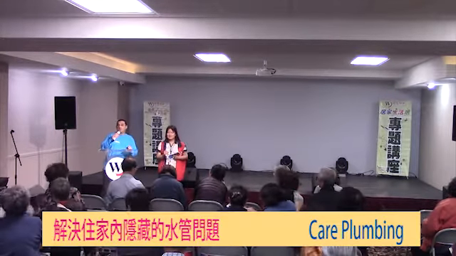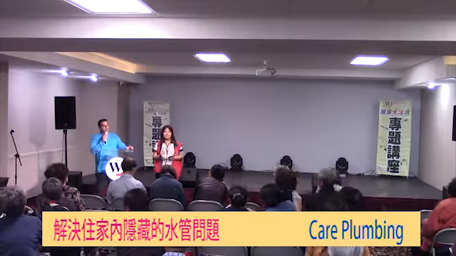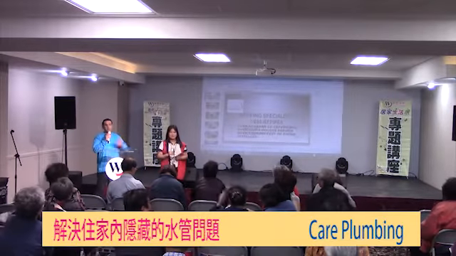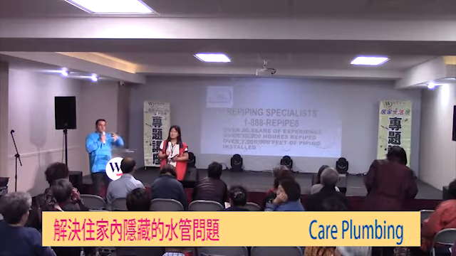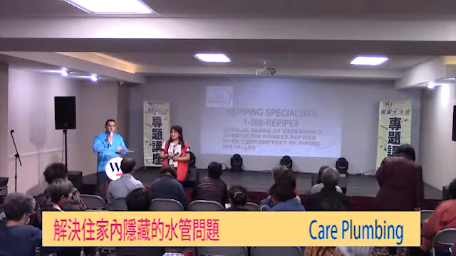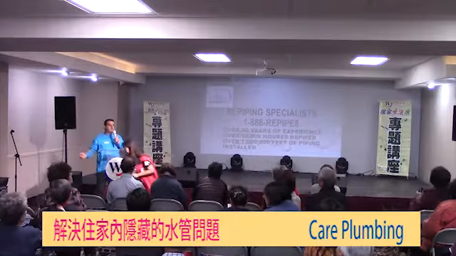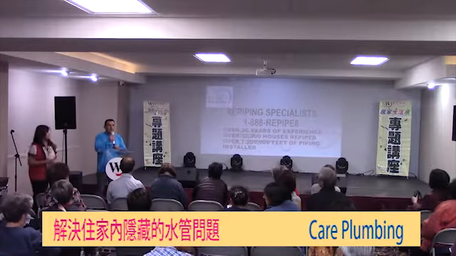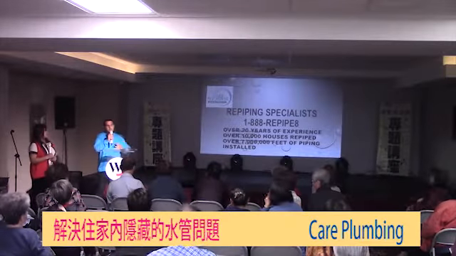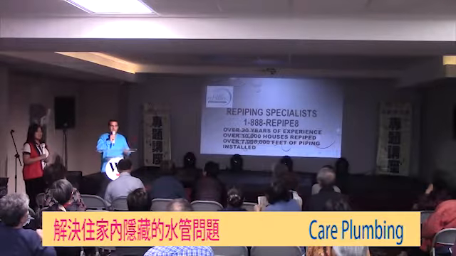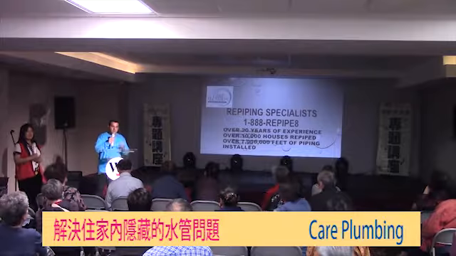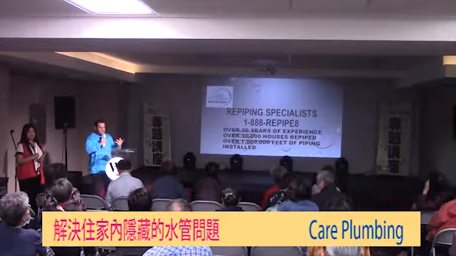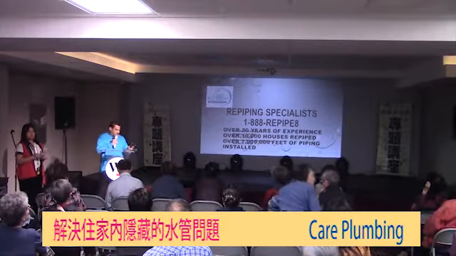What repipe is basically at your home, the water comes through pipes and you get the water to different locations in your house, kitchen, bathroom sinks, toilet, showers. Those pipes after some time get old and they start to give you a problem. Either it will leak, rusty water will come out of your pipes,